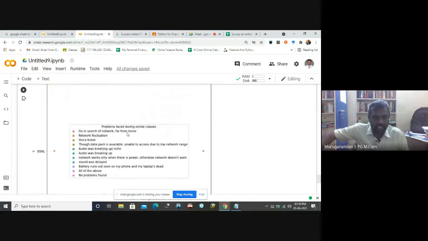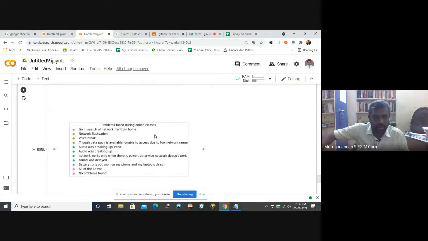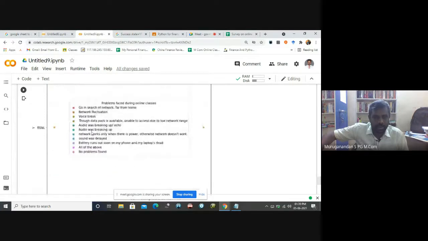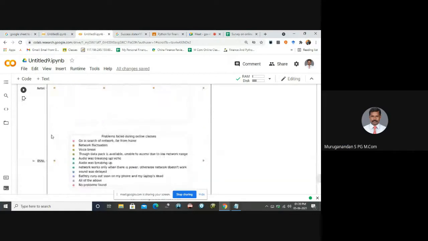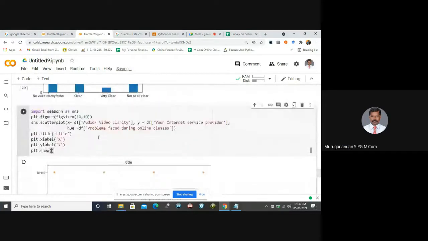This is an x label and this is a y label. Maybe it looks completely different.